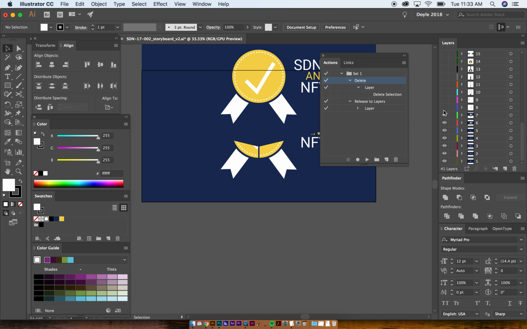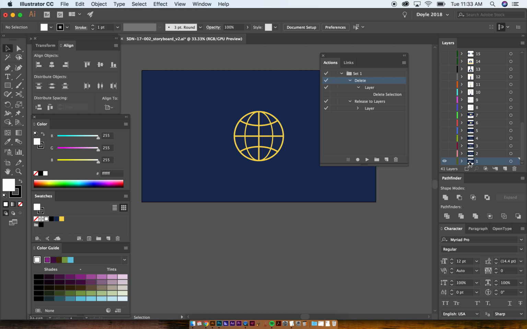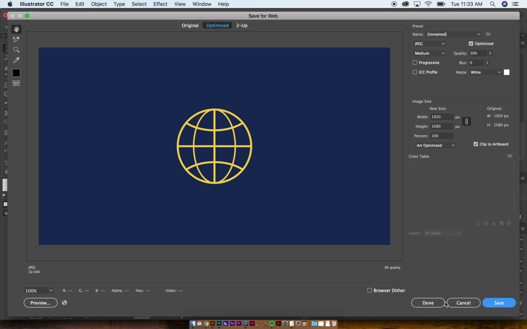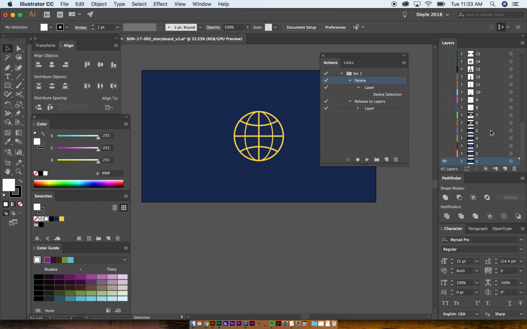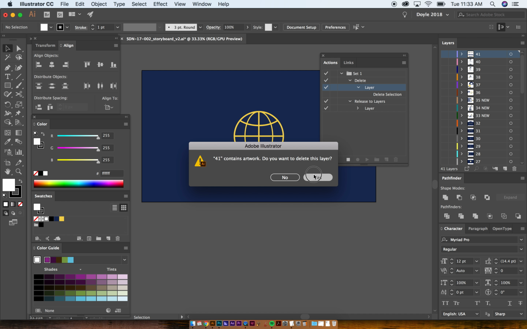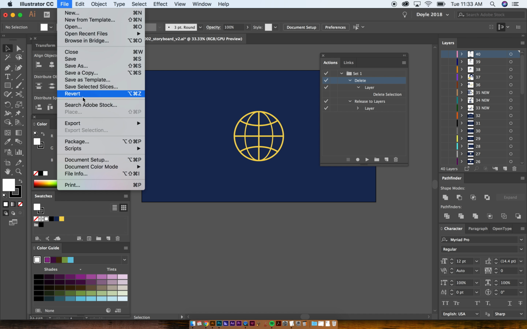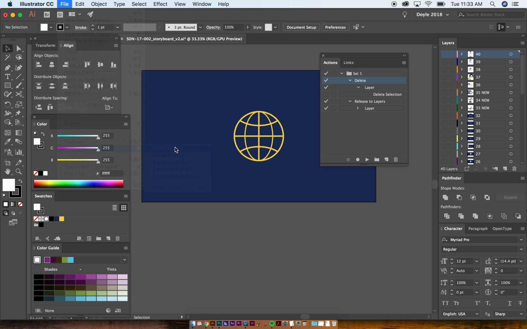gonna look like. Now, what I used to have to do was literally go and do Save for Web, which is Shift Option Command S, and then I'd have to save this out, and it was just really time consuming. But now with multi-exporter, I can, let me get rid of this. Okay, I can go up here and do File, Scripts, Multi-Exporter,